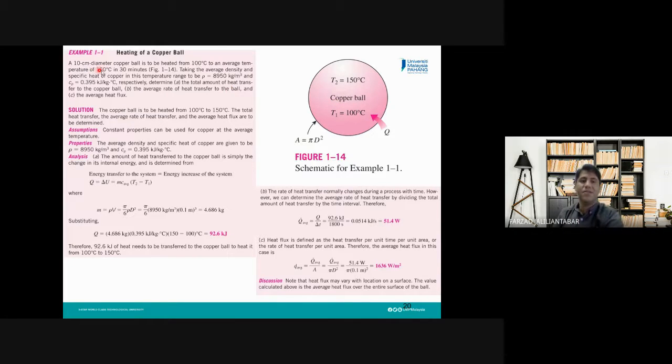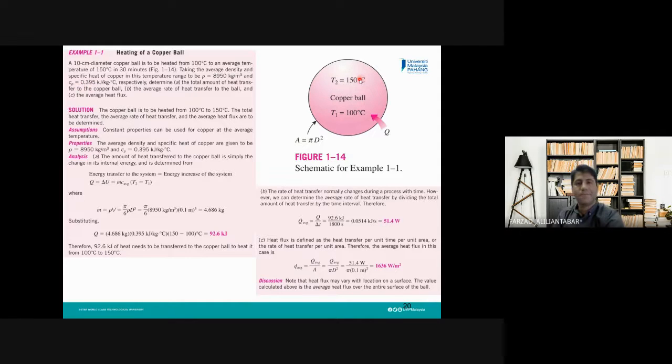So we have a 10 centimeter diameter copper ball, and it is going to be heated from 100 degrees Celsius to 150 degrees Celsius. So the temperature is going to increase by 50 degrees Celsius in 30 minutes. So we have time as well. And the average density and specific heat of the copper in this temperature range are also given. The density is 8,950 kilogram per meter cubed,